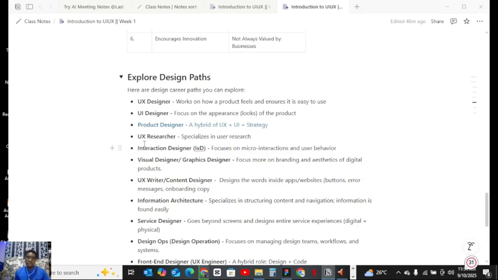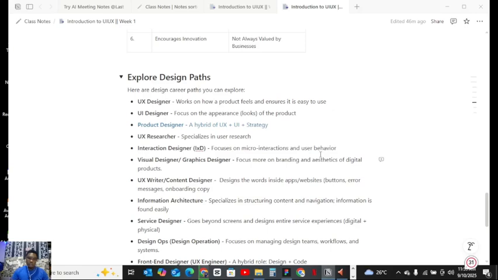Then the UX researcher specializes in user research, desk research. Then interaction design focuses on micro-interactions and user behavior, prototypes, how the user would react to the user journey, how the user is going to use a particular product from beginning to end.